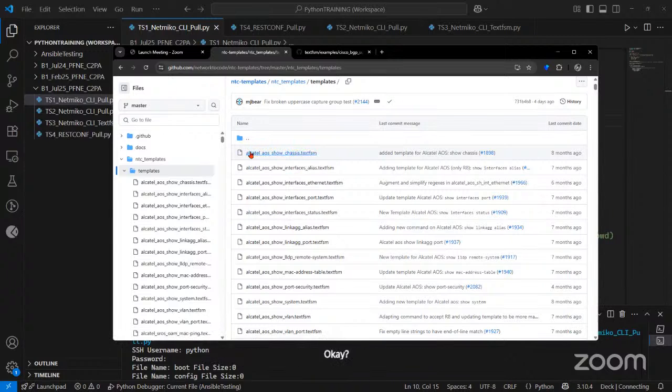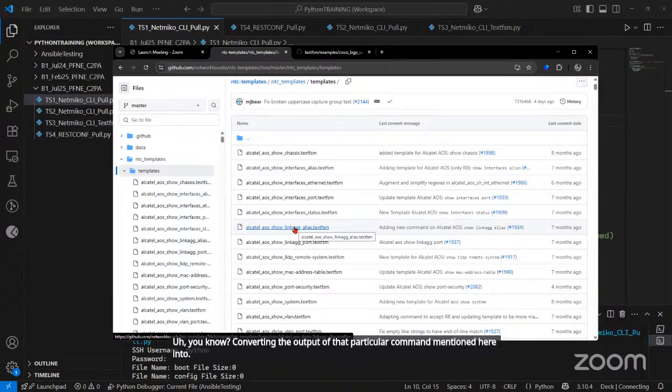If you use this nomenclature, you can create a file which will have the TextFSM template